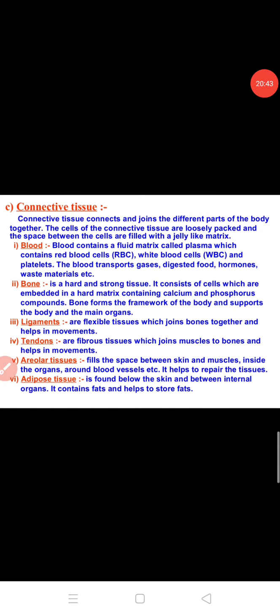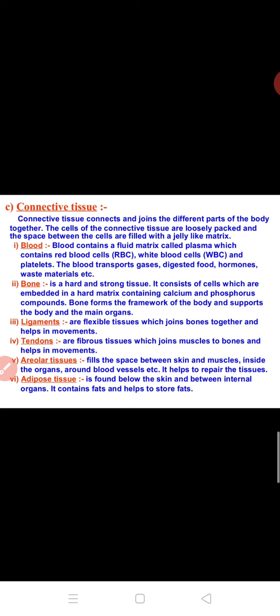The final tissue we look at is the connective tissue that binds it. The final type of animal tissue we'll look at is connective tissue. Do you know, students, that blood is a type of connective tissue? Why would it be called connective tissue? A clue is provided in the introduction of this chapter. You will go to the introductory part of your textbook in this chapter and you will have a hint.